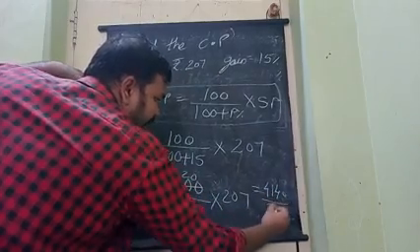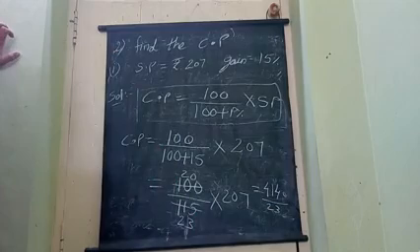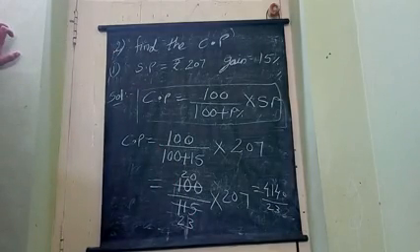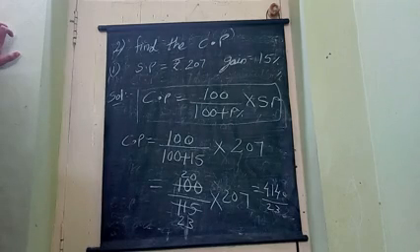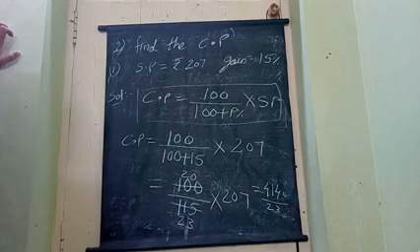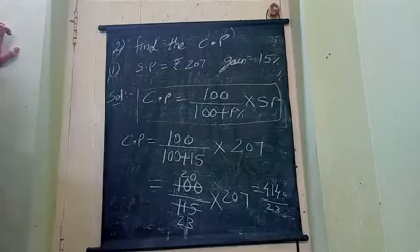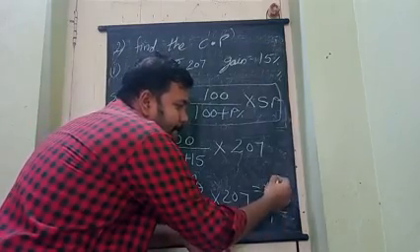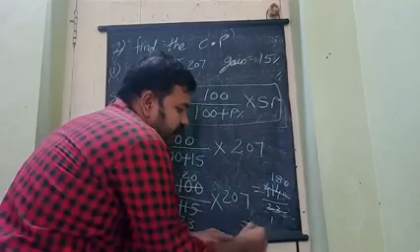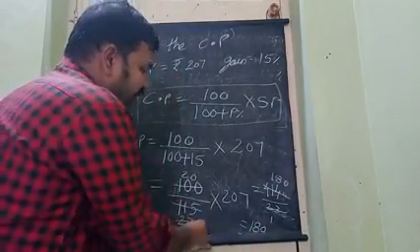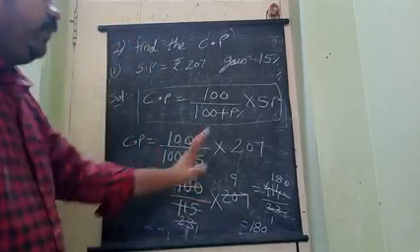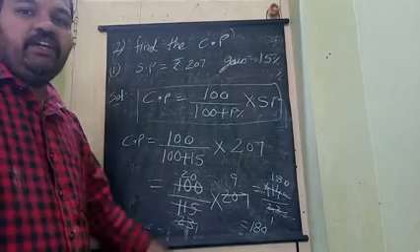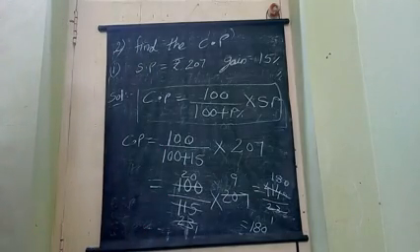4140 by 23. Doing division with the 23 table, one time, and the answer is 180. Or you can cancel here: 23 table one time, 9 times, 9 20s are 180. Like that also we can do by multiplication, or without doing multiplication also you can do it. So this is about that sum.